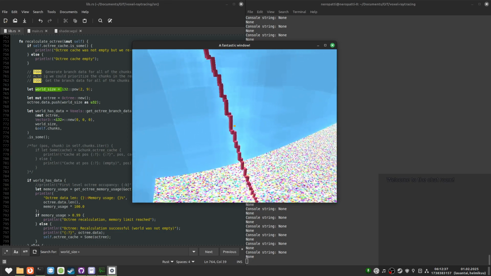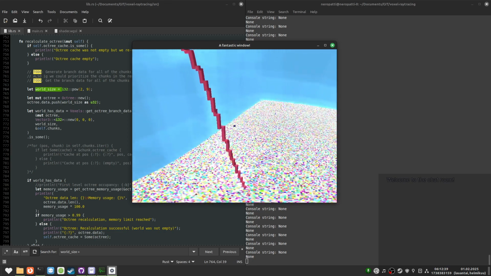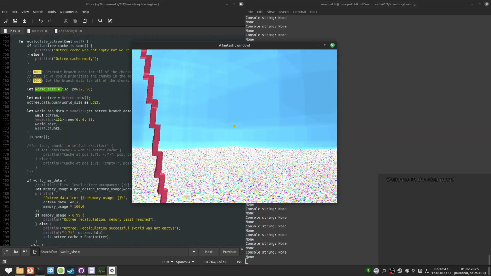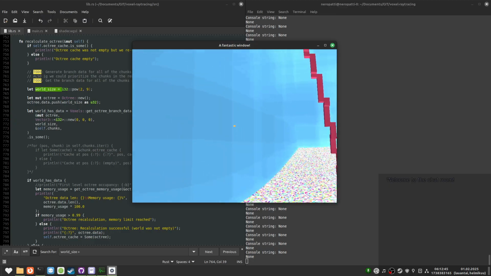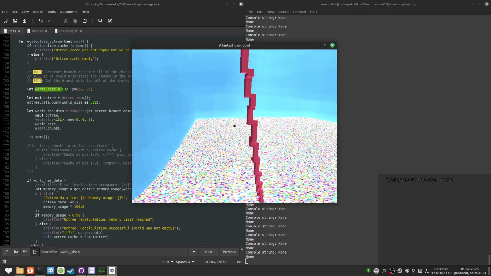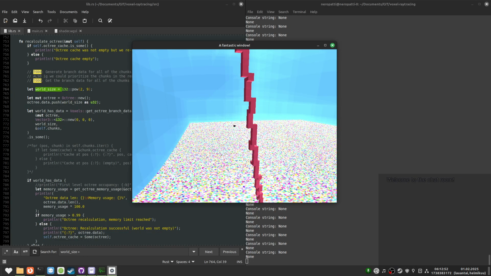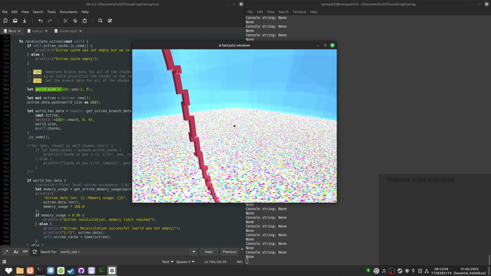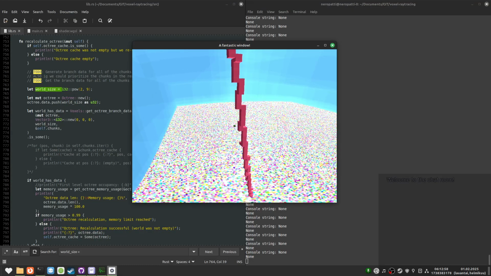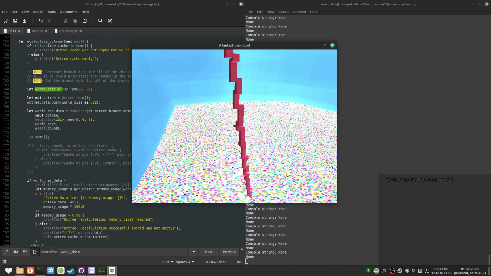And I actually wanted to work on the visualization so that it doesn't render these translucent boxes everywhere, but will just render the edges of the branches instead. I think that would make the rendering a bit more clear. So that's something I want to do. What else do I want to do? Oh yeah, targeted branch creation.